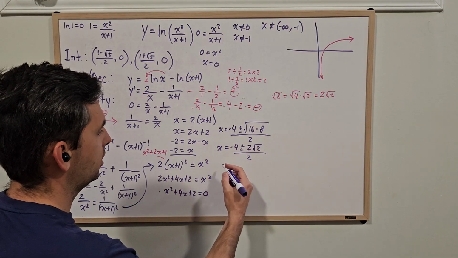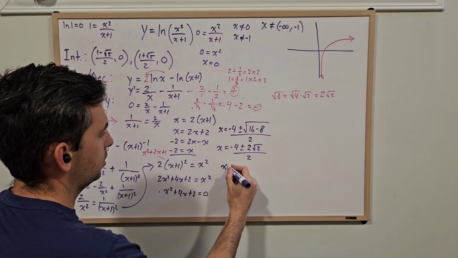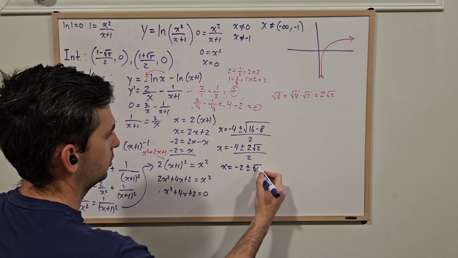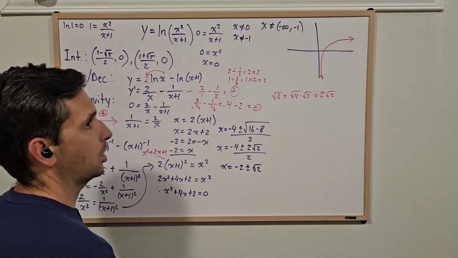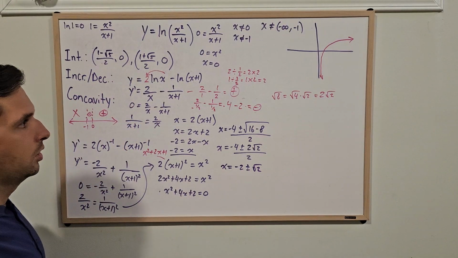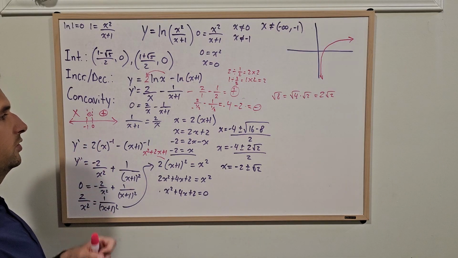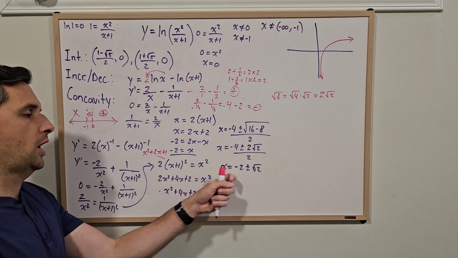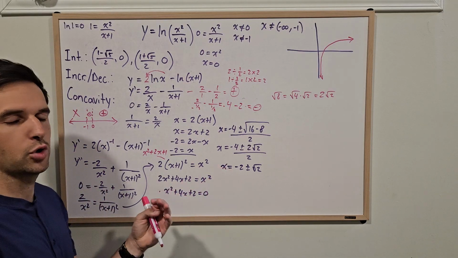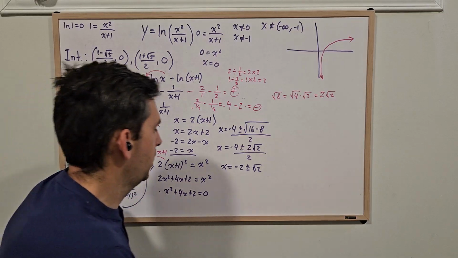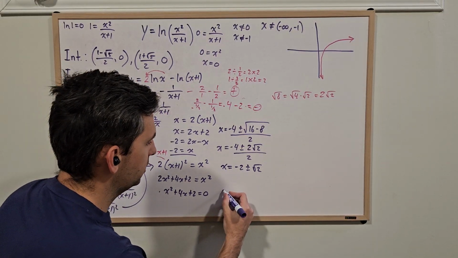So what I'm going to have here is something that looks like this. Negative 2 plus minus root 2. These are our intervals of concavity. Or these are the points where our second derivative is going to be 0. That means these are our inflection points, where we change from concave up to concave down, or vice versa. Okay? So, if you want to do a number line for that,